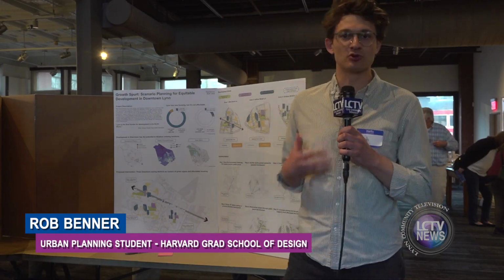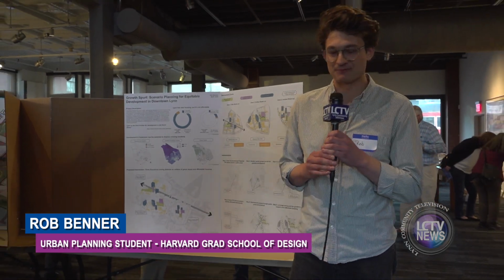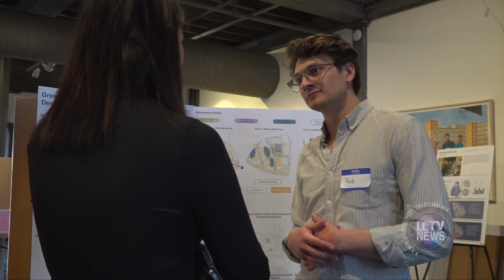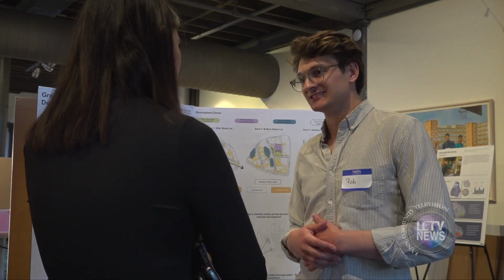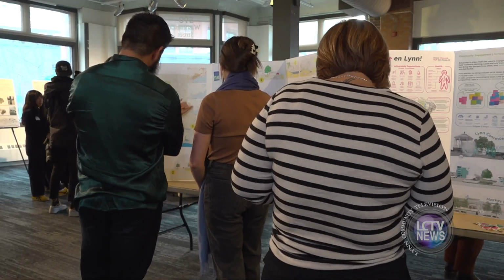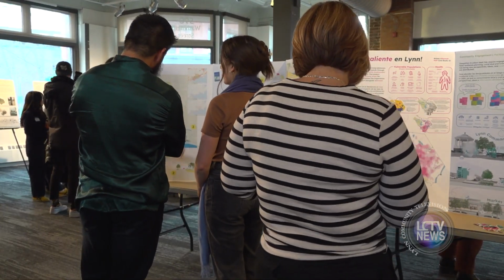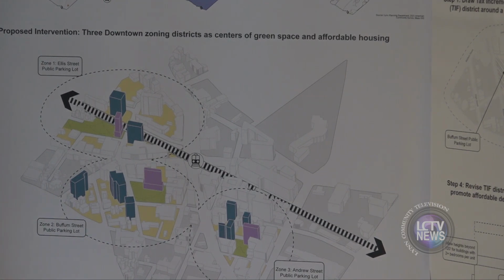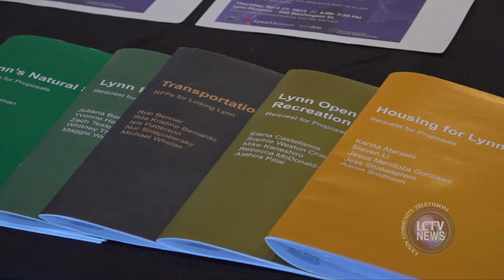My project is focused on scenario planning for equitable growth in downtown Lynn. This is a neighborhood that has a large percentage of immigrants, of refugees, of communities of color, of lower income communities, and a major challenge that the city is facing right now is that a lot of this new development is market rate. And so what I'm proposing are really a number of scenario plans to take 3 districts in downtown Lynn right now, these 3 parcels right here, publicly owned parcels as sites of new